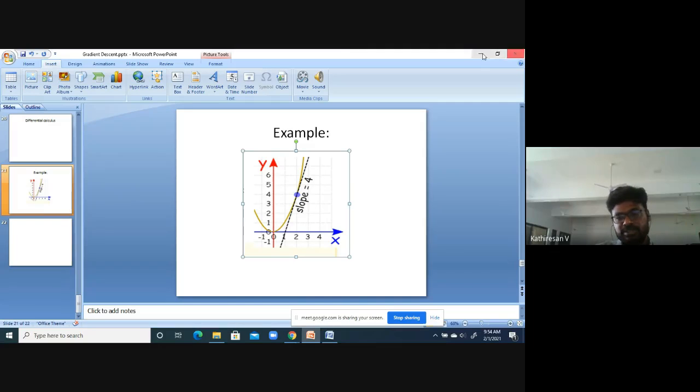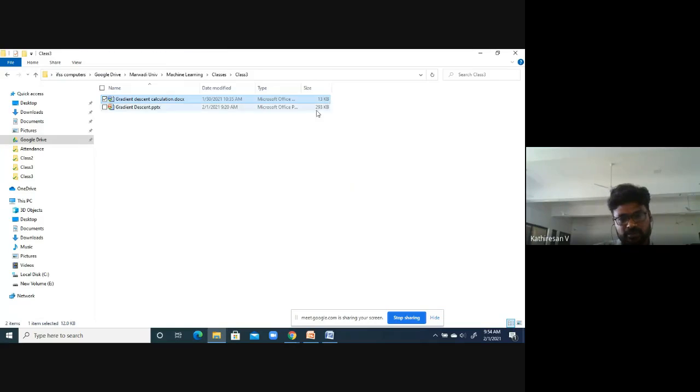Okay, so I would like to take attendance here. Before taking attendance, I would like to ask if there is any doubt with you. Yeah, you can communicate with me. I can clear you, because if you have any doubt in these steps, you can't get a clear idea on the gradient descent algorithm. So if you are lagging behind the concept of gradient descent algorithm, it is very difficult to implement that in the laboratory using Python. I hope everyone is clear. Yes or no?